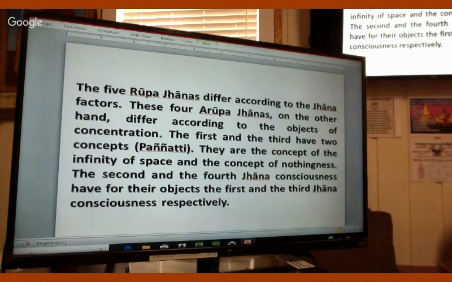So we keep looking at the subtler consciousness and keep dropping that, until the consciousness dissolves, right? Basically, you look at whatever consciousness is left, and you look at it and drop it. Next time, look again. So this is a great way to dissolve the consciousness, which is the result, right? So the second and fourth jhana consciousness also have as their objects the first and third jhana consciousness. It's reality. They are working like this.